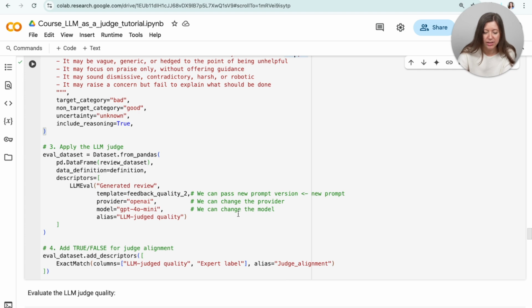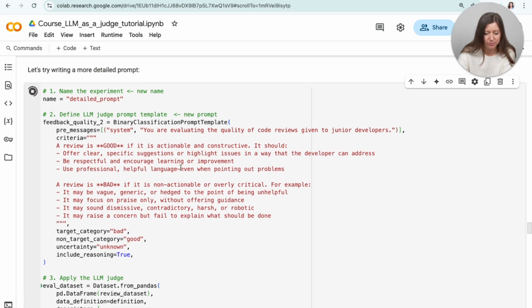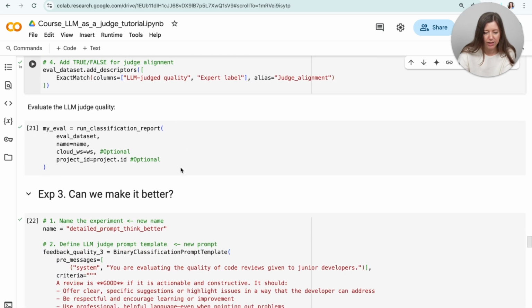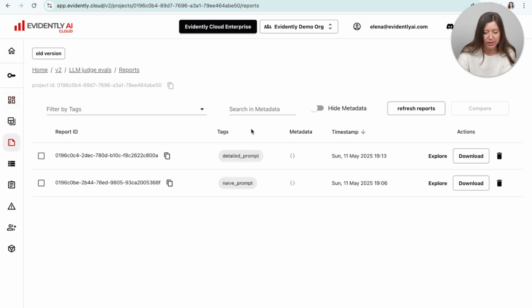Now, we're going to repeat the exact same things that we did before. We're just passing the new prompt version and giving it a go. And the second step is evaluating the judge quality. Now I'm going to go again to the Evidently Cloud, and here we see the second report that was generated,